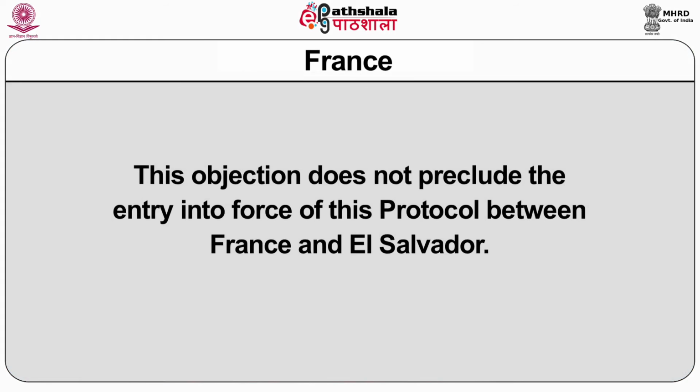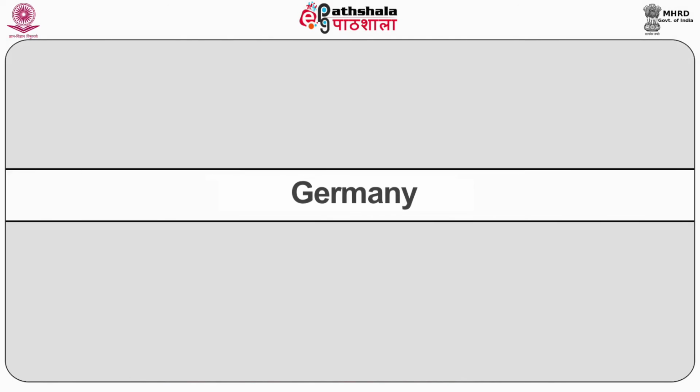Thus, the government of the French Republic objects to the reservation made by the government of the Republic of El Salvador to the second optional protocol to the International Covenant on Civil and Political Rights, aiming at the abolition of the death penalty. This objection does not, however, preclude the entry into force of this protocol between France and El Salvador. The next objection that I am going to read for you is by Germany, which was laid down on